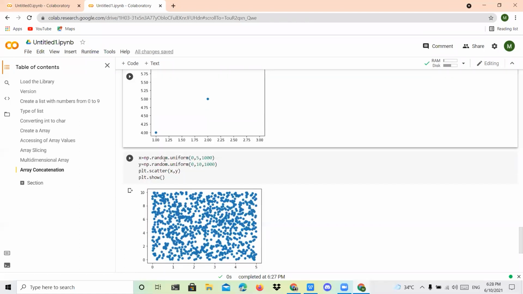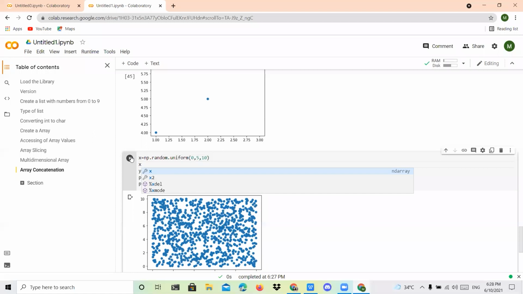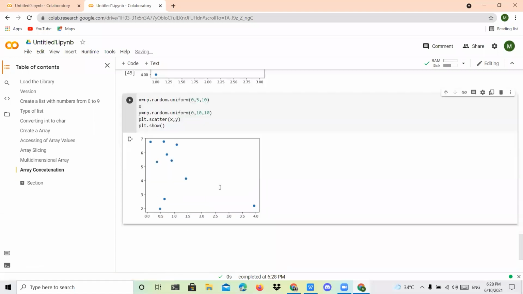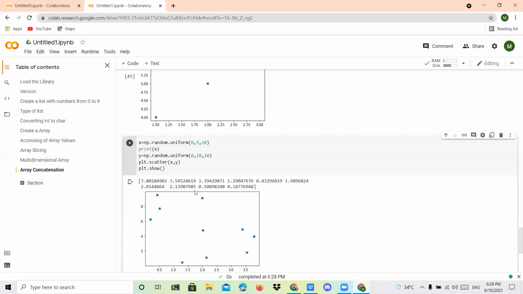Okay. You can also use random, in the sense randomly, and it will take a value. You can also print this value on the screen. What is the value inside this? For x, I'm going to give 10. Here also I'm going to give 10. Here you can use the x value. You can check whether x is printed, so you can give print of x. Yes, this is only that x value.